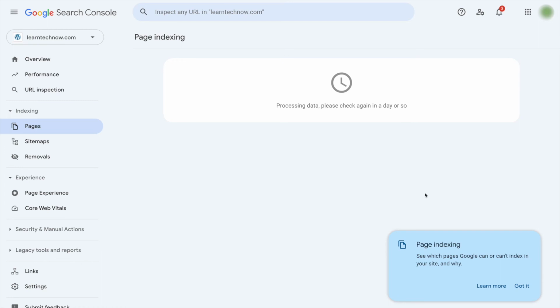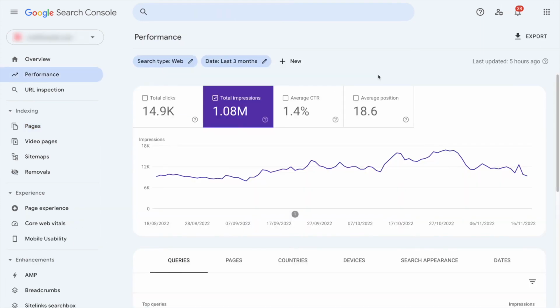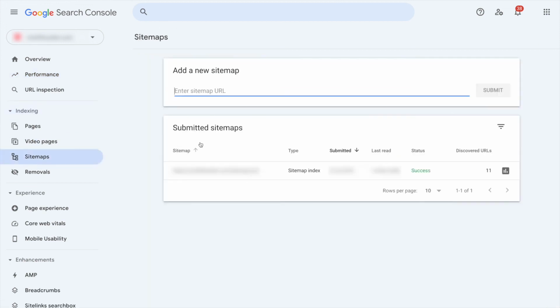Because just having pages on your website doesn't mean that Google will crawl them and then index them. But as soon as you do, you will have in the performance tab the number of impressions and clicks, which is super important, which will give you, by the way, the average click-through rate. And another really important tab is the one right here, the one which is under indexing sitemaps. You will see if the sitemap of your domain is actually known by Google and if it has been crawled. This is super important, so if you need a video showing you how to do that, let me know in the